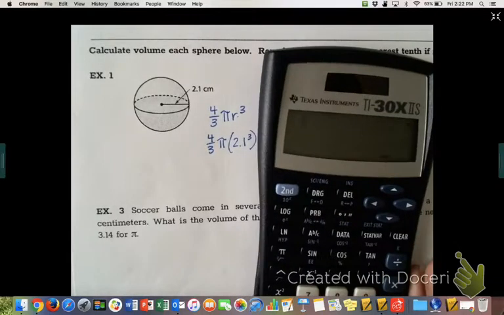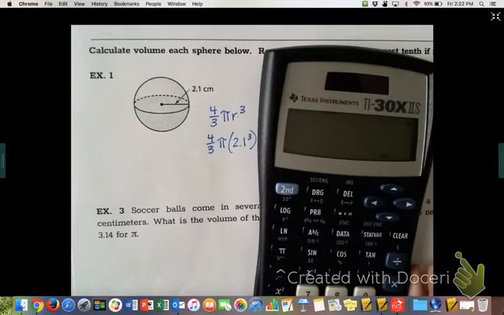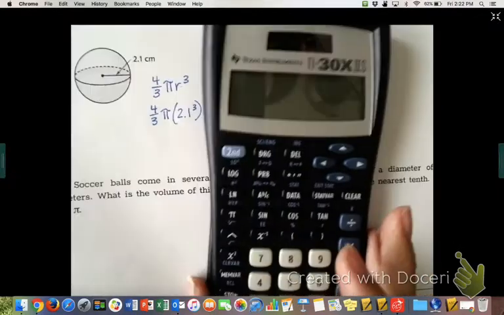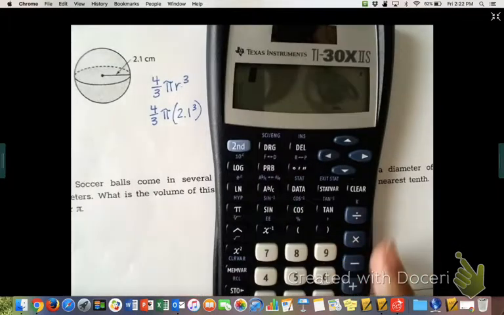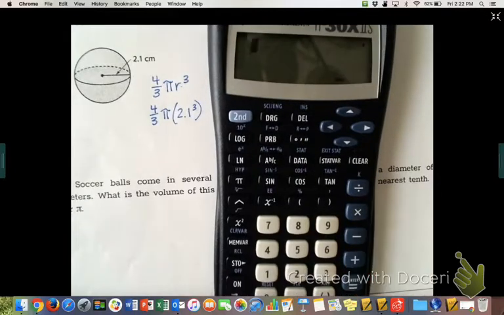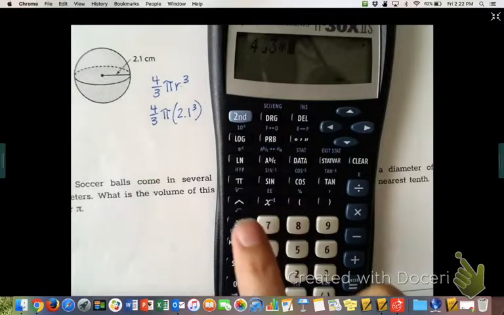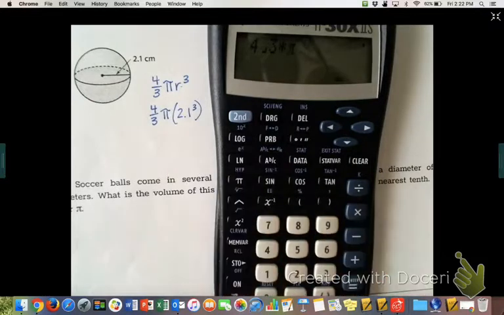So watch closely how to make sure you know how to do this so that you can use a calculator properly. Alright, 4/3. It's been a while since we've done fractions, but you will push 4, and then you'll push the ABC button, and then you'll push 3. In a calculator, 4 ABC 3 means 4/3. Times pi button, or you can use 3.14, times